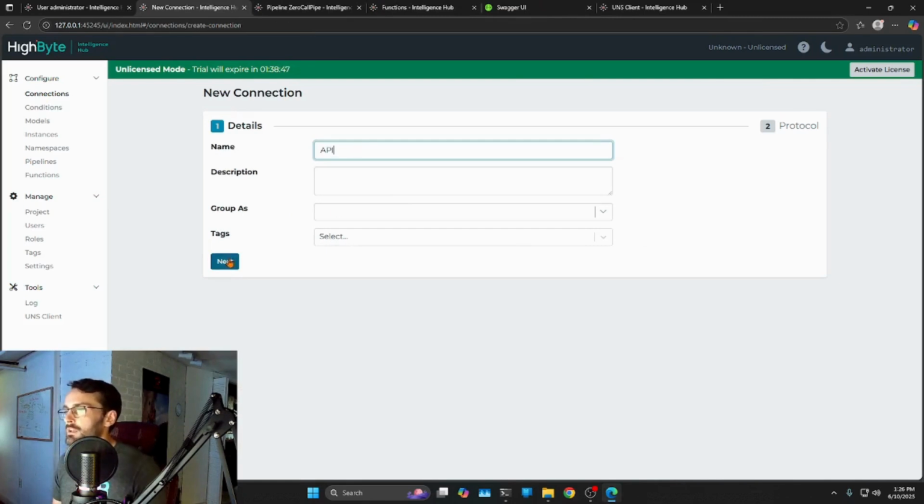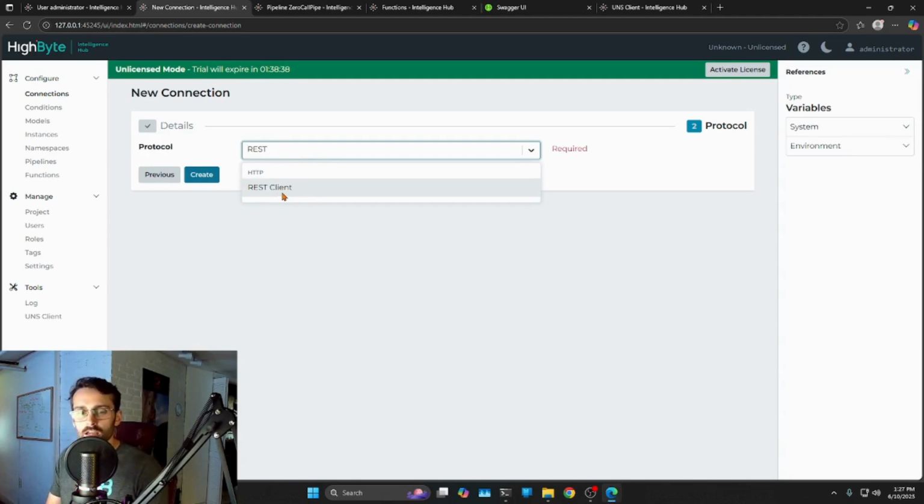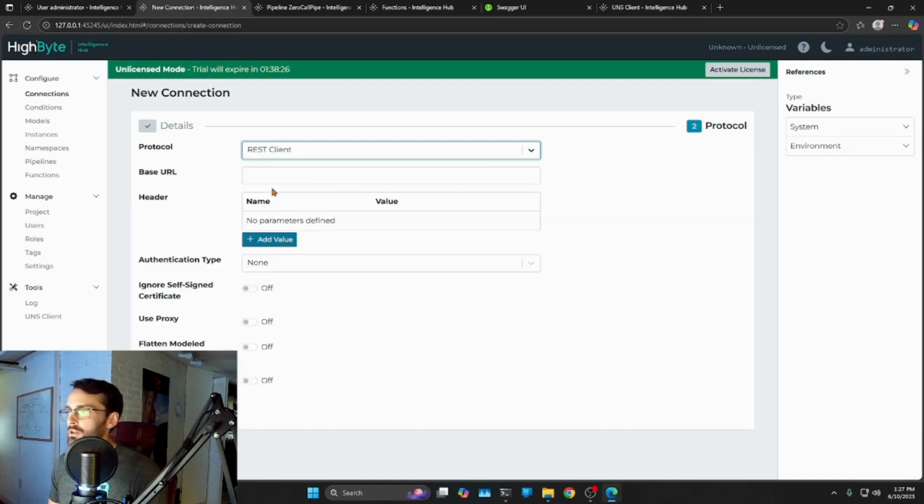API, great. Next. We actually call this our REST client, but we don't just support REST connections with this. This is really for making HTTP or HTTPS requests, so you can also use this for SOAP if you're interested in that. You get a little bit of overhead in scheduling tasks and handling asynchronous communication, but we can hit our REST client. And here we can put our base